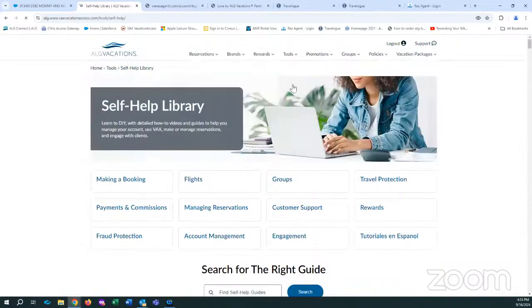Self-help library. If you walk into a physical library these days, you will normally have to go to a computer or ask somebody to pull it up in their computer to find an author or a certain book, right? We've done the same thing here. It's a card catalog. When I was growing up as a kid, we actually had the little index cards and a big wooden drawer system on a wall somewhere when you walked into a library, and you had to go through the little index cards to find the author, the name of the book, things of that nature. Here, it's all under the self-help library.